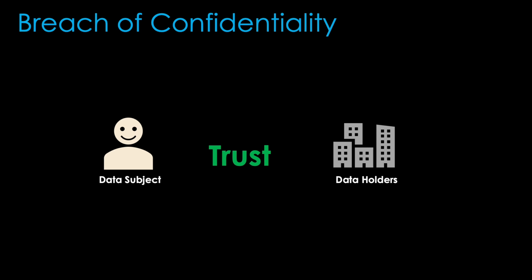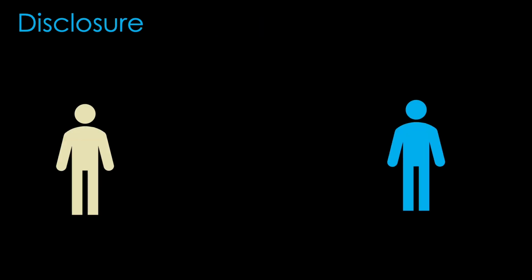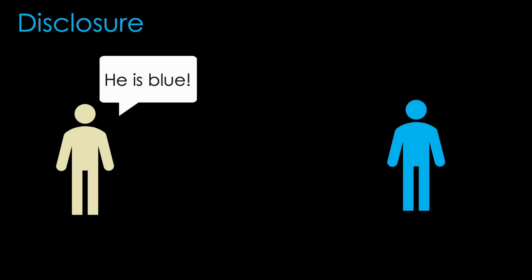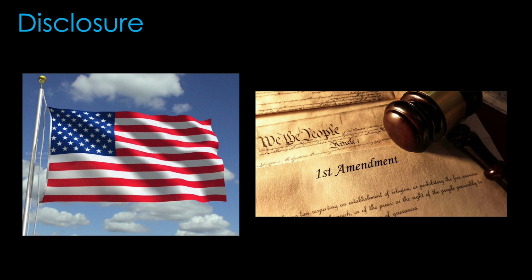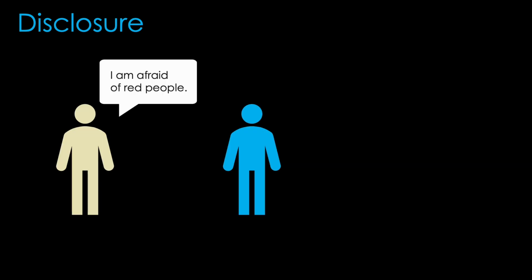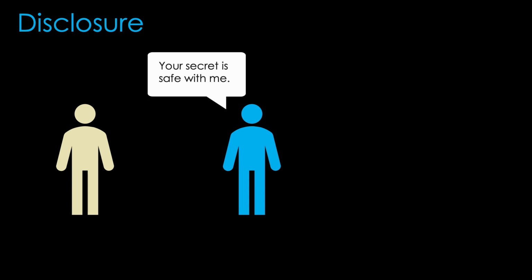Closely related but still separate in Solove's taxonomy is the second form of information dissemination, disclosure. Disclosure refers to leaking true information about someone. This is an interesting point, especially in the US, because one might argue that disclosing true information about a person should be protected by the First Amendment, which protects free speech. However, it can likewise be argued that the protection against disclosure protects free speech, as people feel safer to talk about sensitive topics and associate with whoever they like, if they can trust that nothing is leaked, thus granting individual